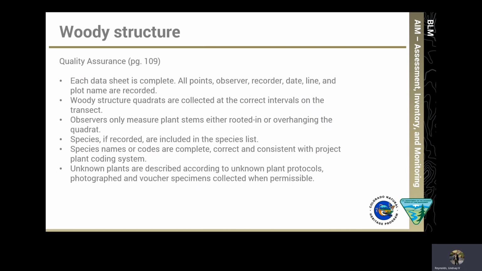The WoodyStructure quadrats are collected on the correct intervals, so 1.5 meters. That observers only measure plant stems that are either rooted in or overhanging the quadrat. That species, if they're recorded, are also included in the species list. That species names or codes are complete, correct, and consistent with the project plant coding system. And last, that if there are any unknown plants, that they're described according to the unknown plant protocols, photographed, and